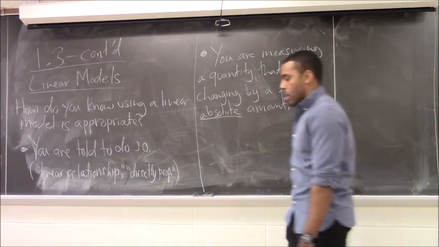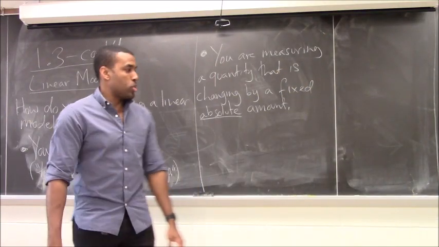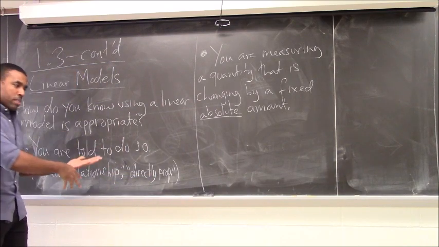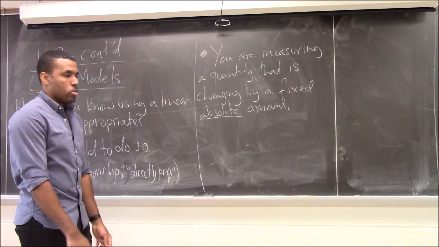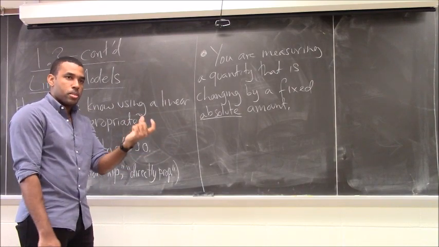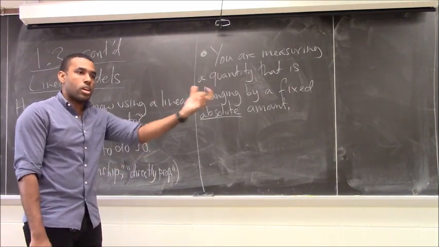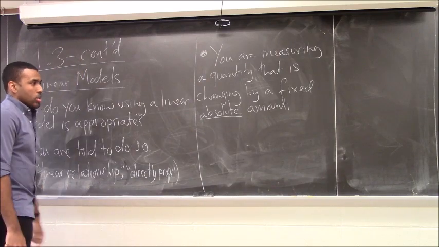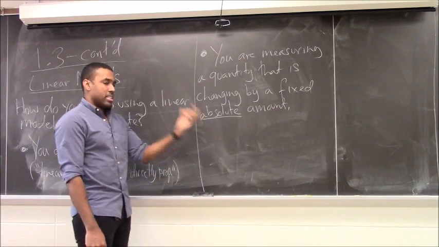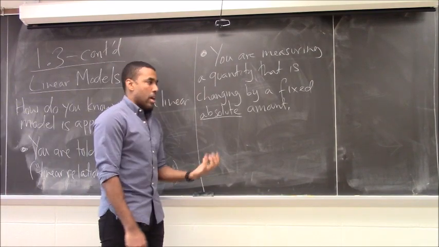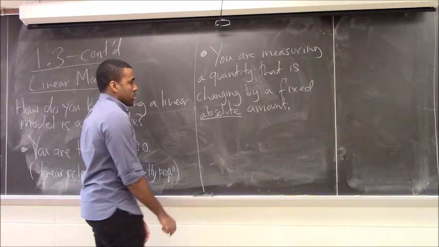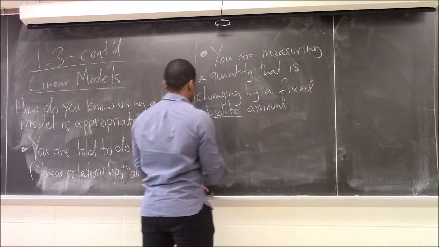So for example, in that car rental example that I gave you, where I told you that you pay a flat fee to rent the car, but then you get charged like $2 per mile, I believe it was. It's always $2 per mile. It's a fixed amount that keeps increasing the cost of the rental, right? So whenever you have a fixed amount, it's always going to be $2 no matter what. After some period of time, it's increasing by a fixed absolute amount